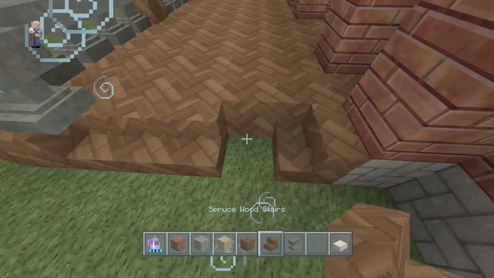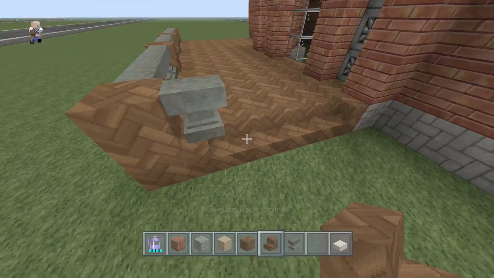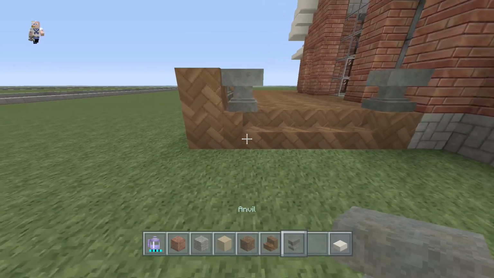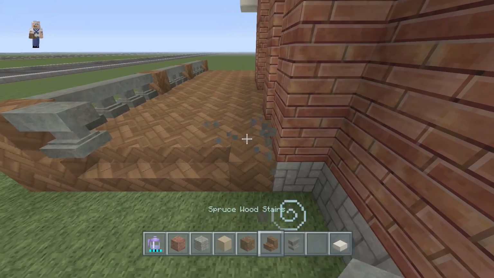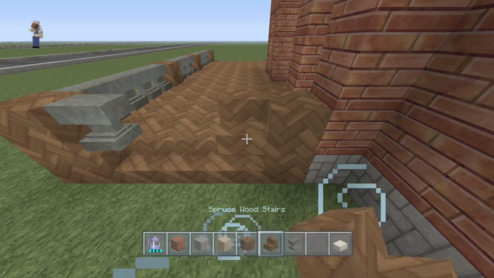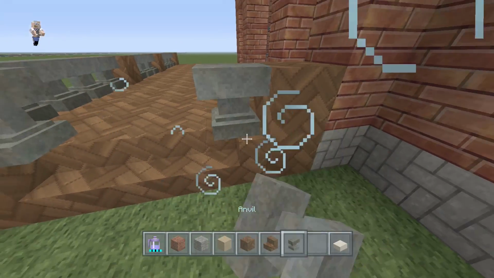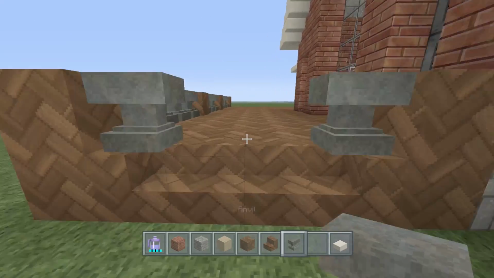So we're going to have it start here. I think that's a little bit better. And we can have this full block with an anvil there. No, that's not right either. Hold on. I'm trying to figure this out. Like that? Is that how we have it? And then this needs to be a corner. And that needs to be an anvil. Okay. I think that works out.